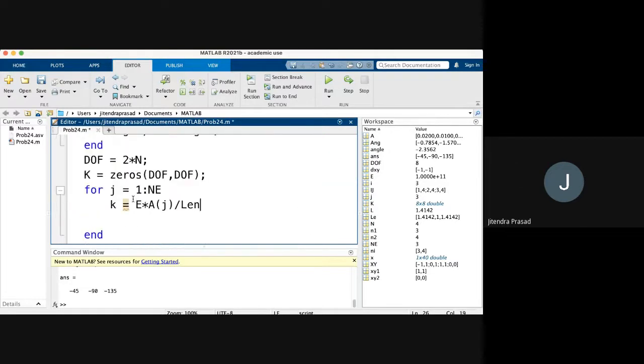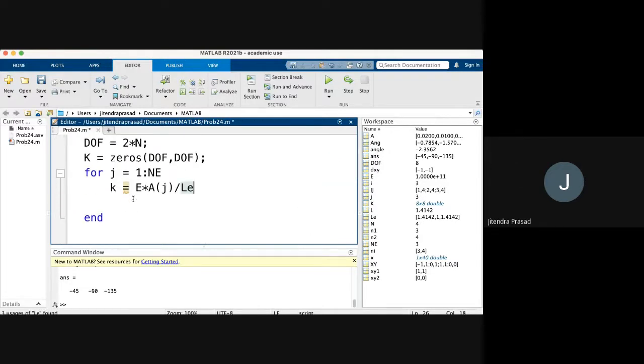We wrote LE, so LE again, the jth one. So EA over LE multiplied by,